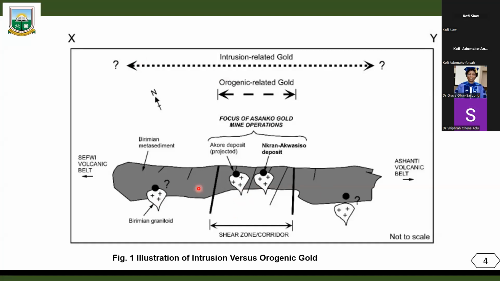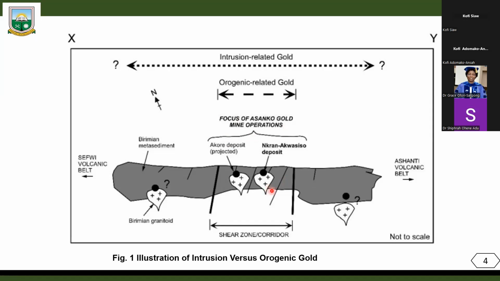As we can see, outside of the shear zone here, we have granites that have intruded various portions of the terrain, and that means that these granites are also possible sources of mineralization. Therefore, if you are mining in an environment where you think it's orogenic related, the possibility is that you will focus only within that zone and will not consider the zones outside of this